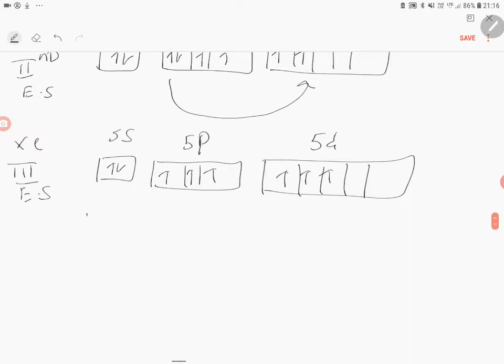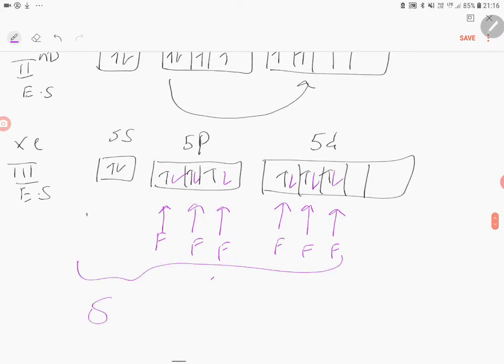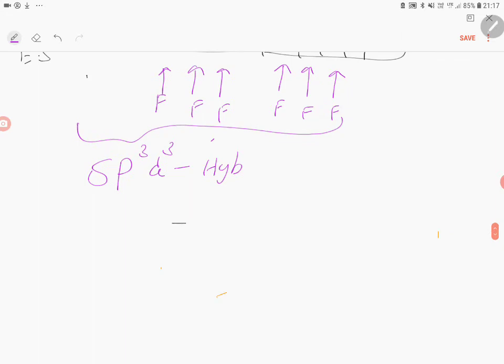So if you predict the hybridization, now we will couple with the fluorine. So this is first fluorine pairing up, second fluorine, one more pair, third fluorine, one more pair, fourth fluorine, one more pair, fifth fluorine, one more pair, sixth fluorine, one more pair. Therefore, here we have sp3d3 hybridization. So once you say sp3d3 hybridization, expected shape